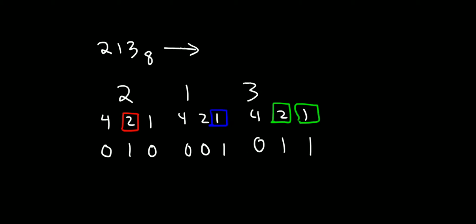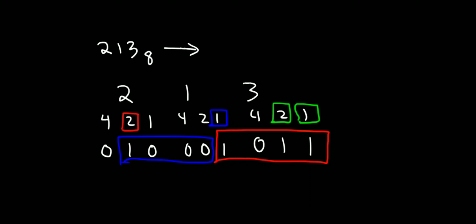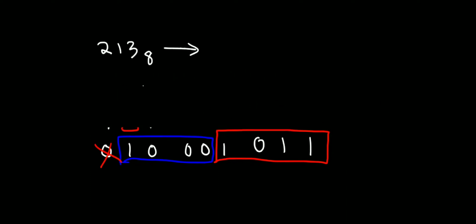Now in this number we will again regroup the bits in groups of 4. This you have to remember. This is a 4-bit combination, and again this is a 4-bit combination, and this 0 is of no use. This we can remove. Now 0 1 0 0 0 0 and 1 0 1 1. This is the number.